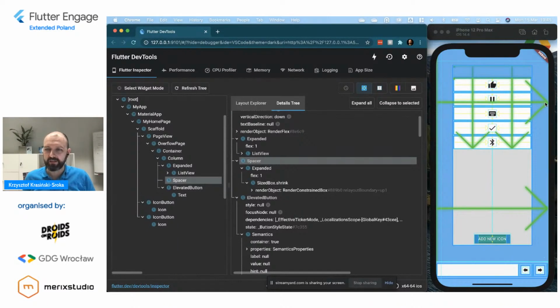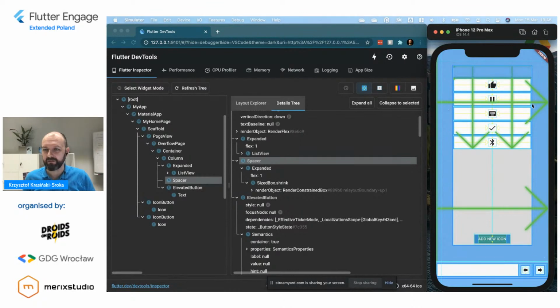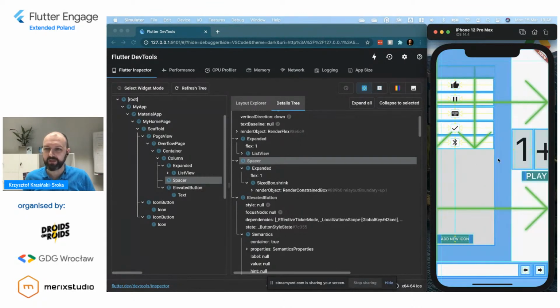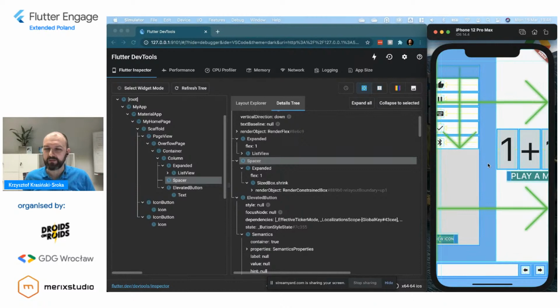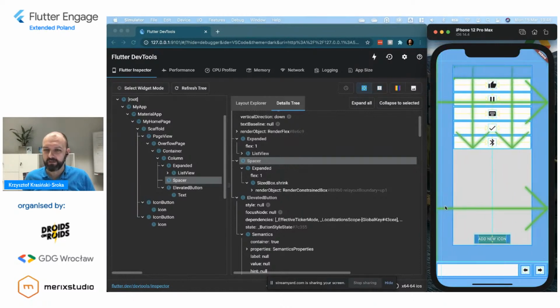The green lines mean that there is some kind of a row happening here in a direction on right, and this is a column or some scrollable container in the lower direction. This arrow here actually is the page view. As you can see, when I move the pages, it stays the same, unlike the other thing. And the blue things are the padding. There are some other things that you can see, and this is really easy.